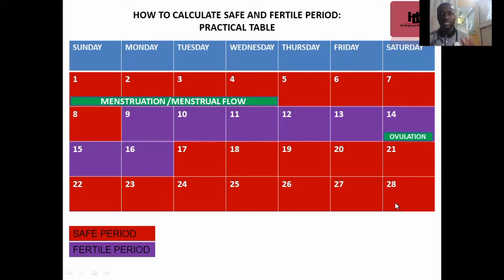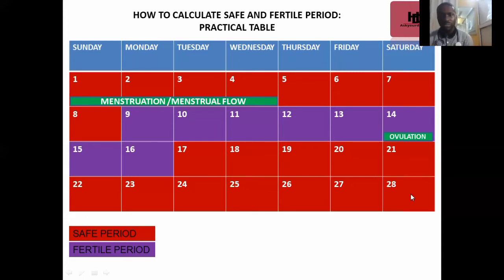And the individual has been having it consistently for that 28 days interval between one and the next. If your own cycle is a 29 days interval between one and the next, you should know that your own cycle is 29 days. If the interval between the first day of one menstrual cycle to when another one starts is 27 and it persists in that pattern, your menstrual cycle is 27 days. That's what we mean by menstrual cycle. The interval between the starting date of one menstrual flow to the starting date of another menstrual flow. That's what we call menstrual cycle.